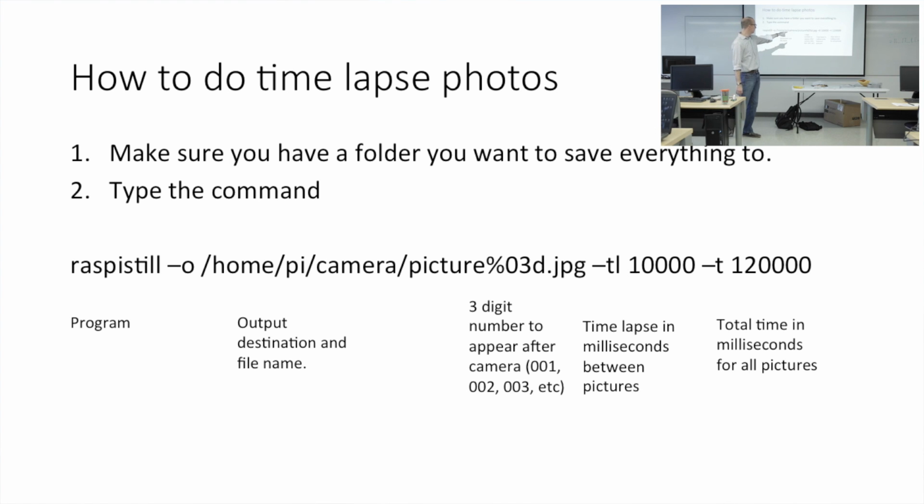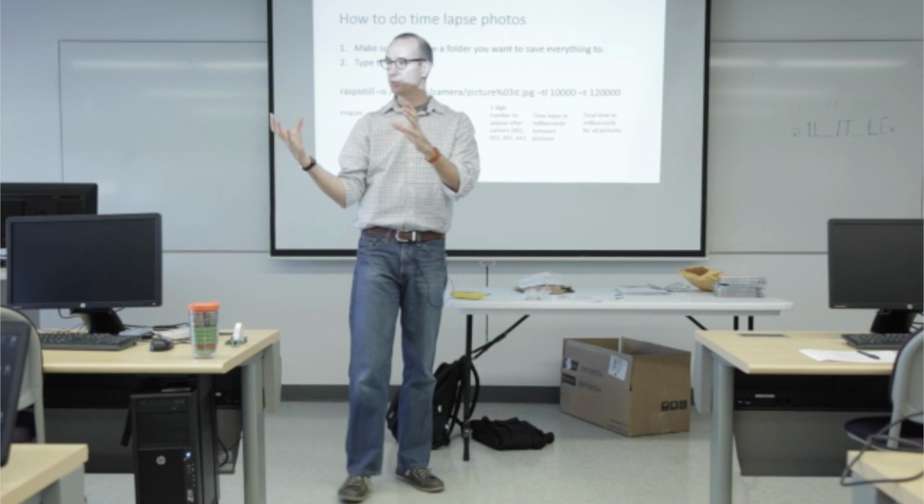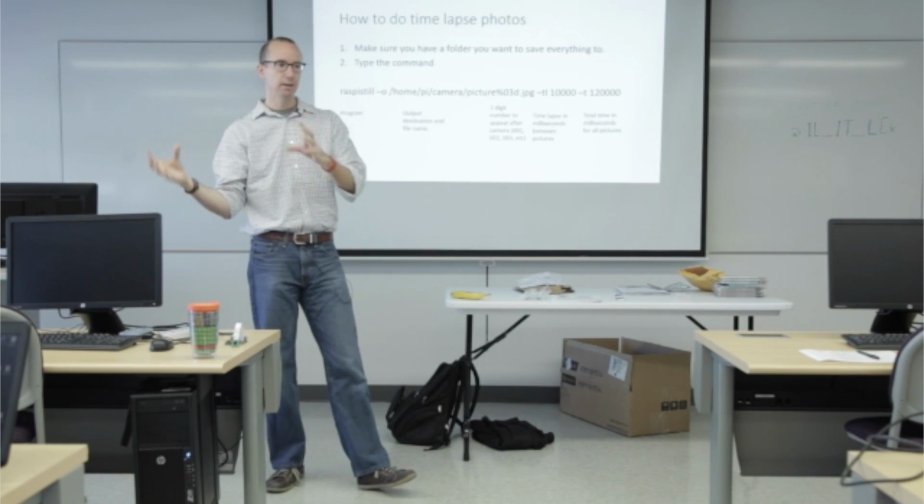And you will be able to, every 10 seconds, that preview will freeze and take a picture. And then if you go to the file folder that you put all this in, and if you're in the terminal and you hit ls, you list contents, you'll see 10 photos, 10 files there. If you're doing this from the GUI and you've opened the file manager, you will see, again, 10